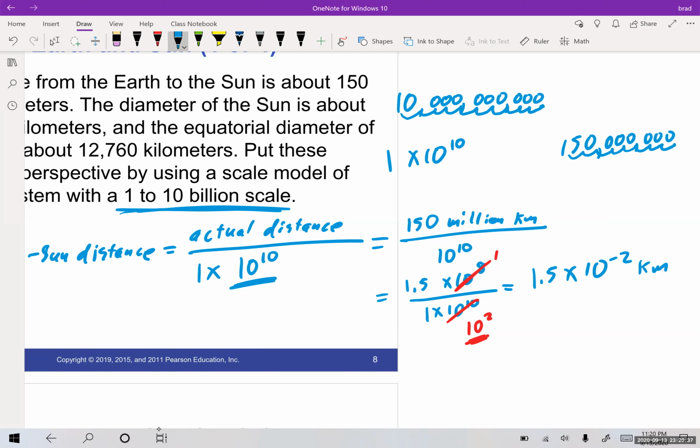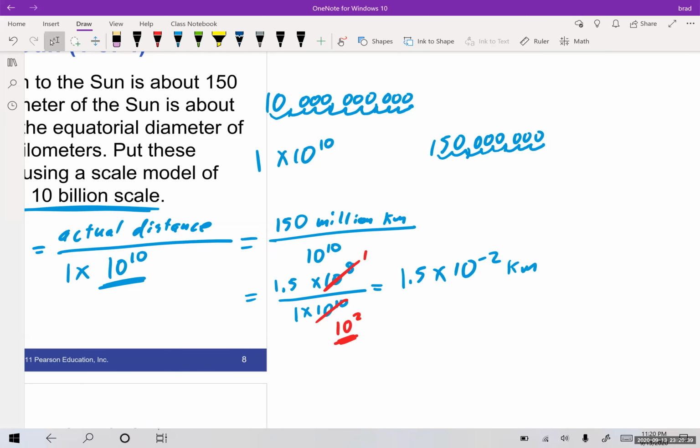okay? Now, if we wanted, we could convert this to meters. If you were trying to explain to somebody, because everybody kind of knows a meter is about 3 feet, not quite exactly, or maybe not everybody knows that, but a meter and a yard are close to the same. It's not exact. So if I was trying to talk to somebody and I said this is 1.5 times 10 to the negative 2 kilometers, that doesn't help me as much. So what I'm going to do is I'm just going to say that this is